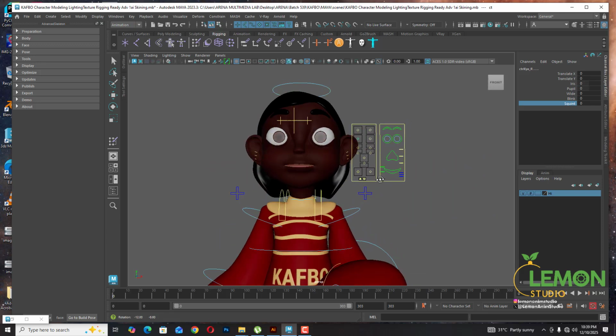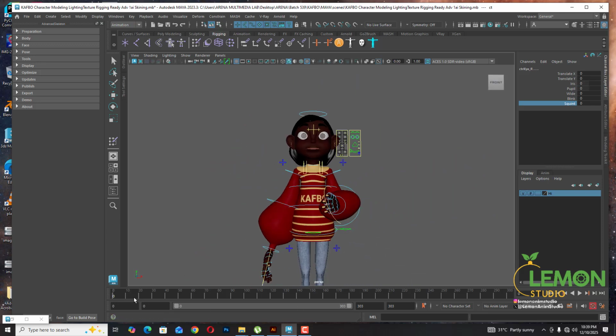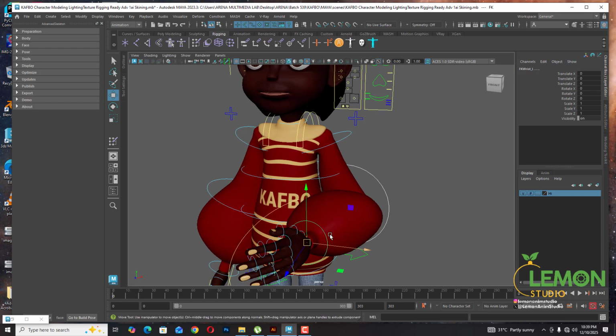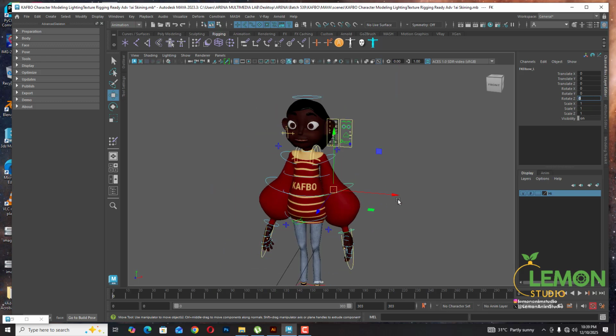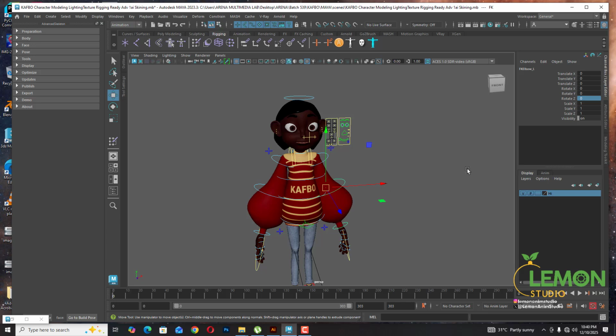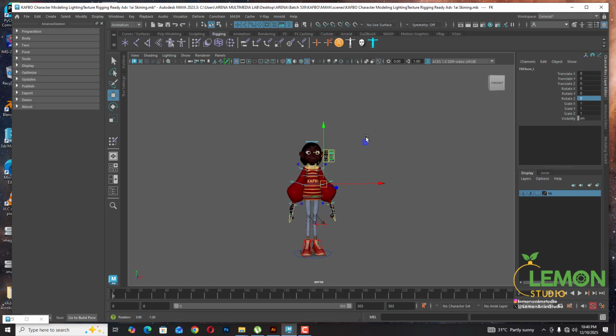So basically that's what we have right here, and I think I'm going to select these controllers, particularly this one here. I think that it needs to be set back to the default position. No, yeah, I deleted all the keys that I've set. So now,